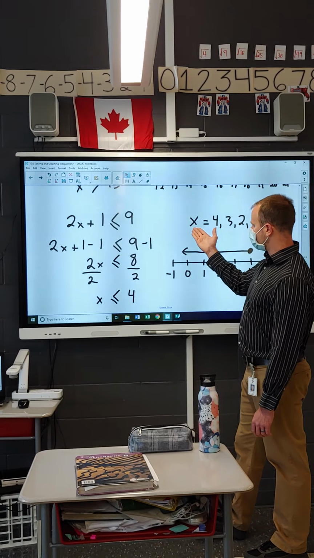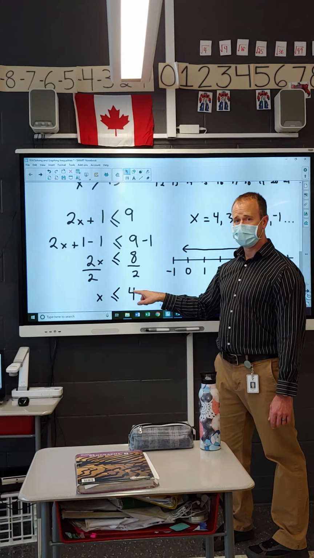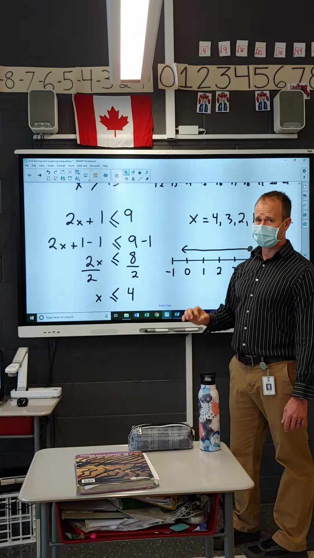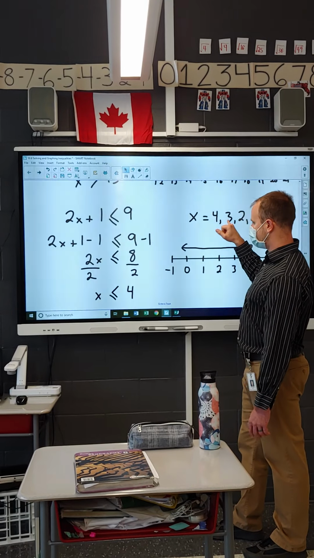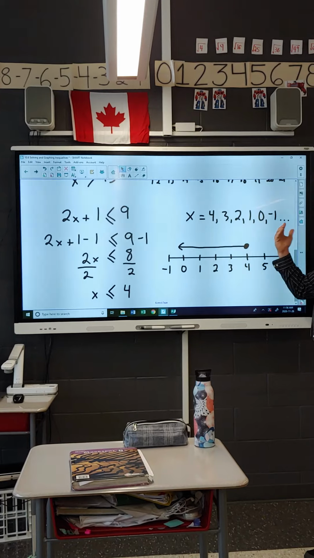So for what numbers x could be, it's any number that's less than or equal to 4. In this case, we include 4 because it's less than or equal to 4. And then numbers that are smaller: 3, 2, 1, 0, right down to -1 and into the negatives, because we're still going